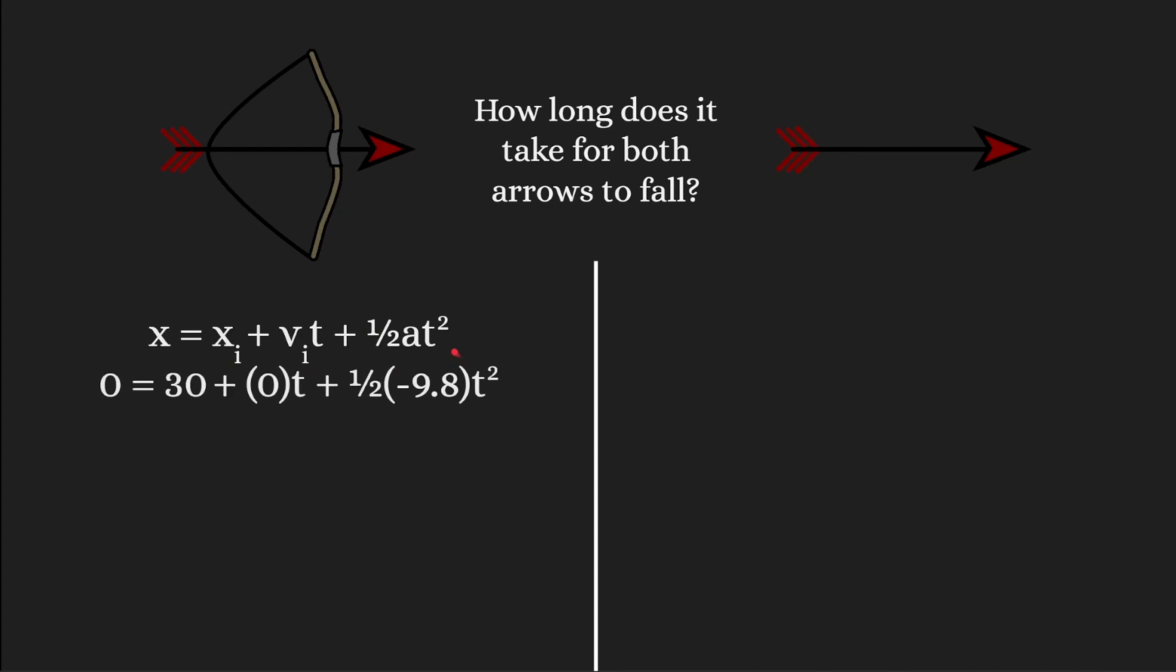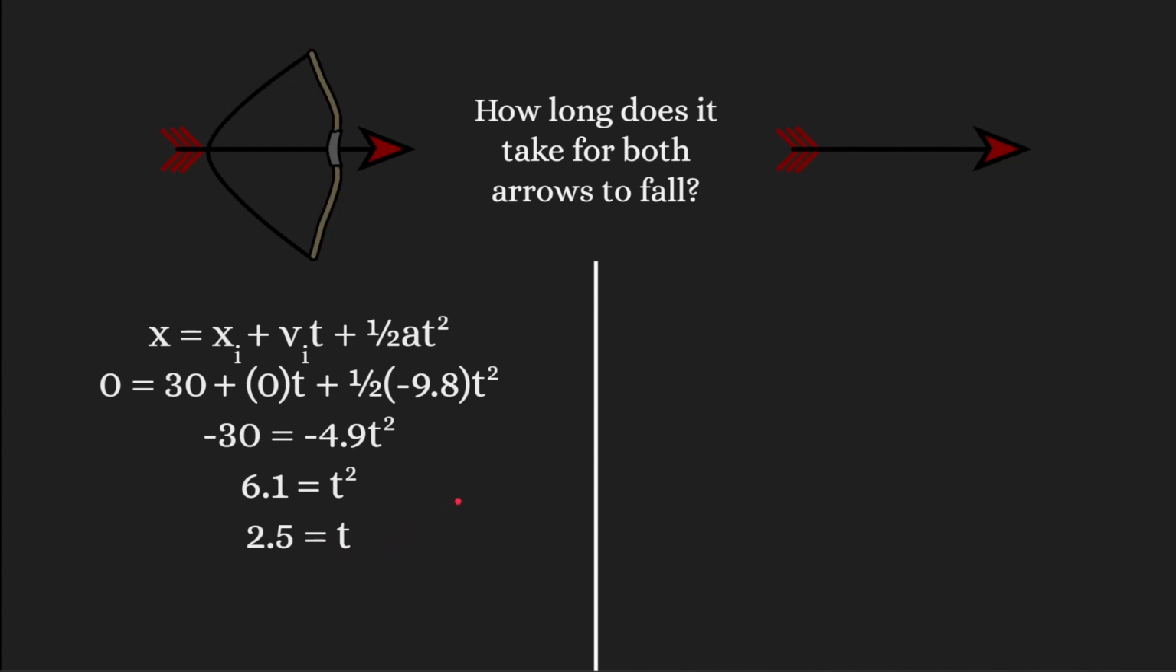Using one of our equations and plugging in our values with 30 as our initial position, 0 as our initial velocity because it starts at rest, and negative 9.8 as our acceleration. Remember, acceleration is a vector and is always going down, meaning we indicate that with a minus sign. Doing some algebra, simplifying things gives us a final time of around 2.5 seconds for the arrow to touch the